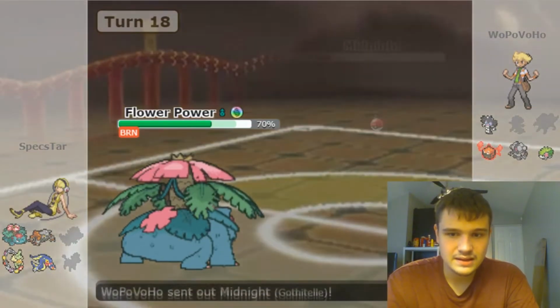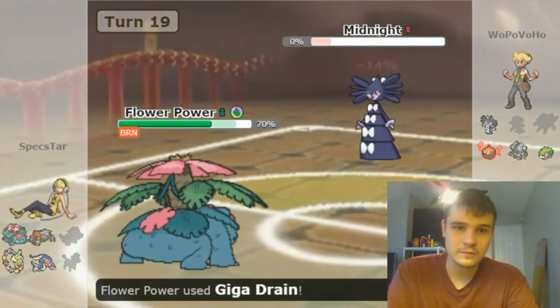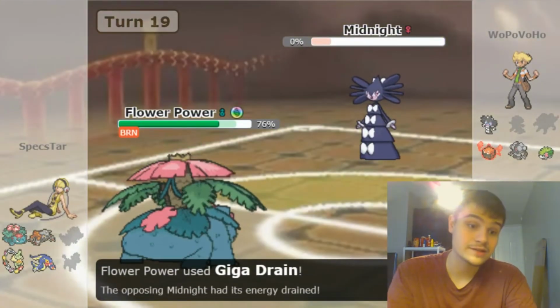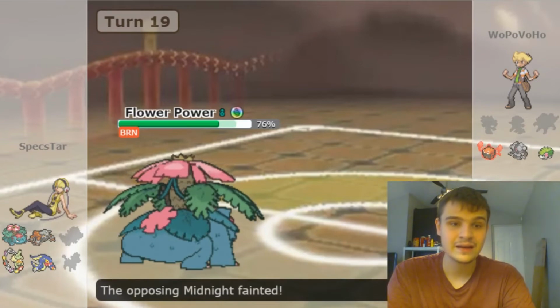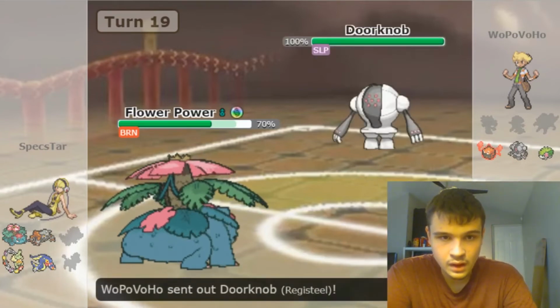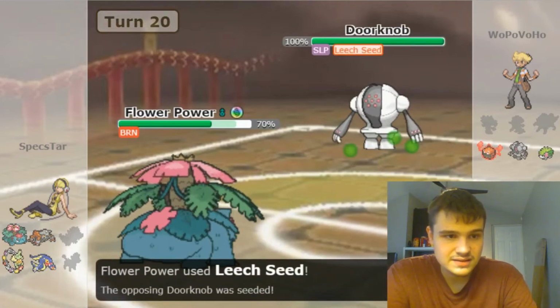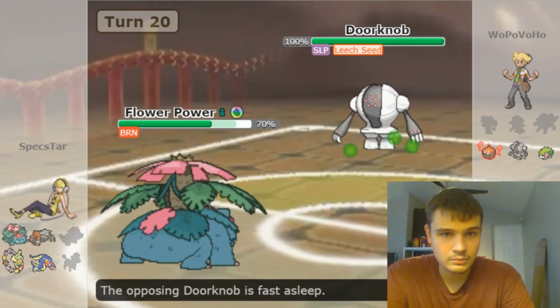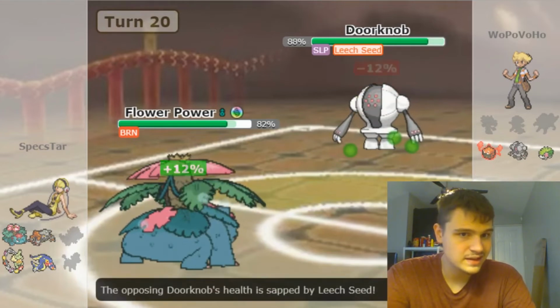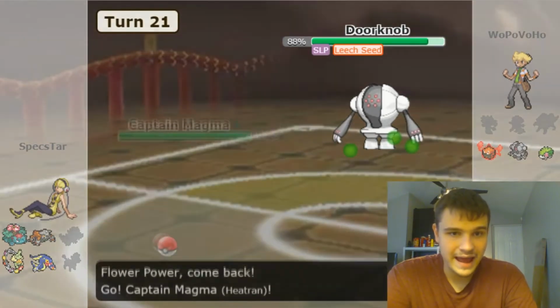So he is going to bring in Gothitelle, but I have quite a bit of speed on my Venusaur, and based on the damage it took from Scald, I was pretty sure I was going to be faster than it, which allowed me to click Giga Drain and take the thing out. So here he's going to go into Registeel. I'm just going to click Leech Seed, that way I can kind of play around it more safely and more cautiously. He doesn't go for a Sleep Talk, which makes me think he might not have it here